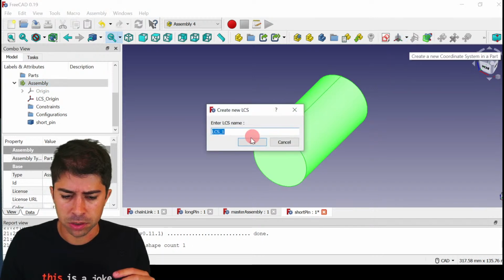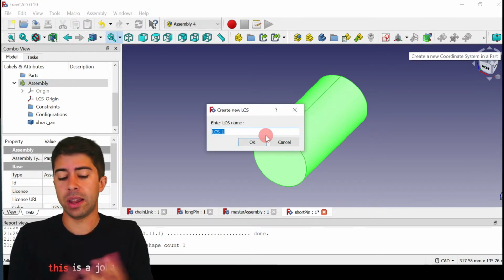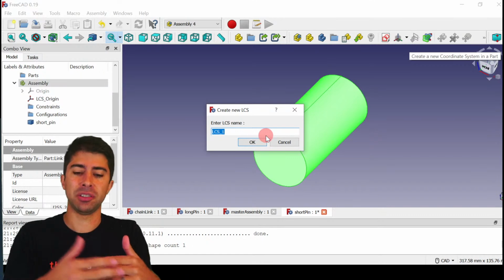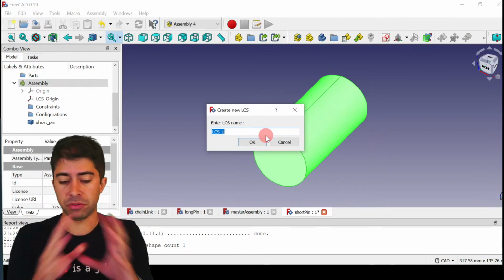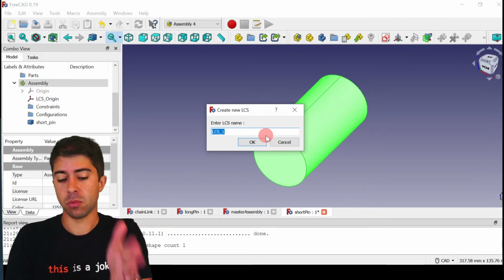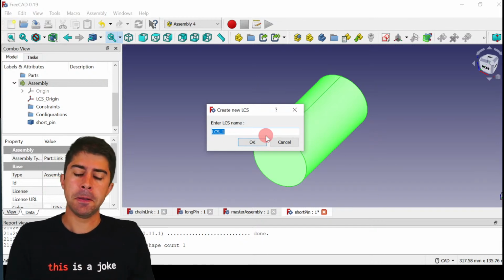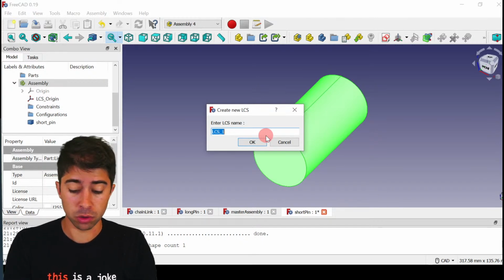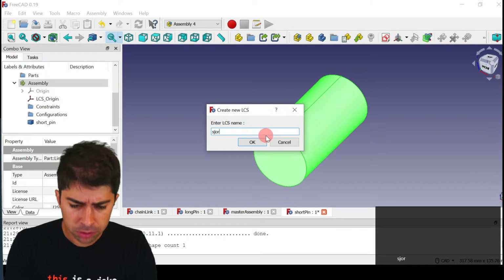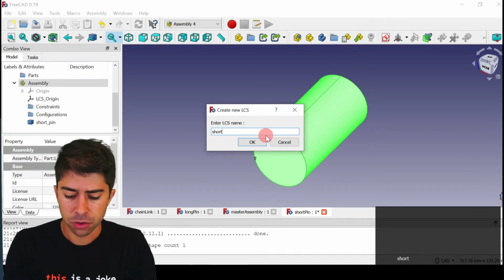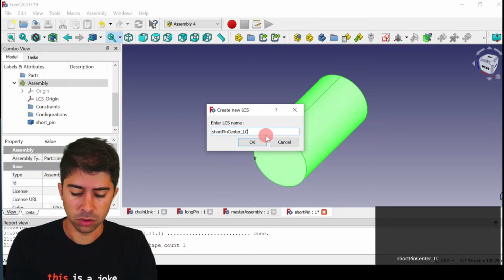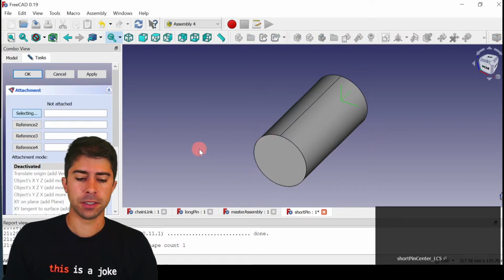new coordinate system. And now you can call it whatever, and then obviously if you add a lot of local coordinate systems, it'd be good practice to rename them, because local coordinate system 1, 2, 3, 4, 5 is not really descriptive. So I'm just going to call it short pin. Oh, I didn't spell that correct. Short pin center local coordinate system. All right, so now it's gone, and